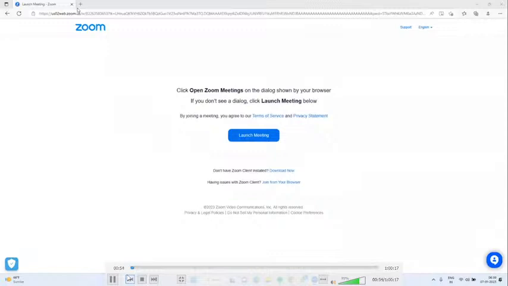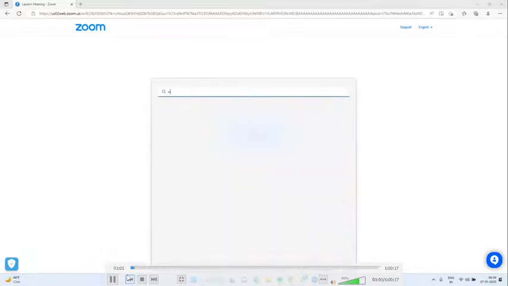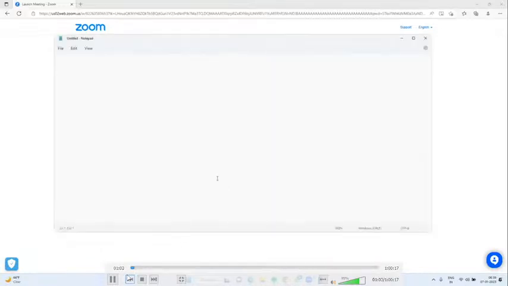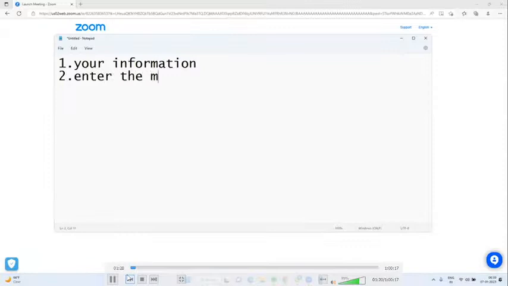To subscribe for Azure free trial, we require 4 parameters, important steps. One is we need to pass your information. Information in the sense your first name, last name, email address and address details. Second thing is enter the mobile number. So you have to enter your mobile number.